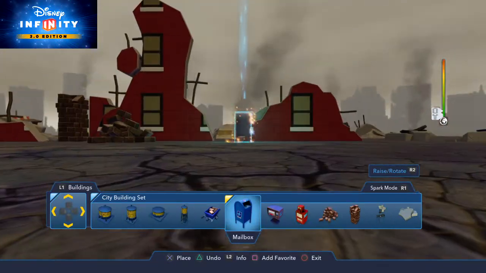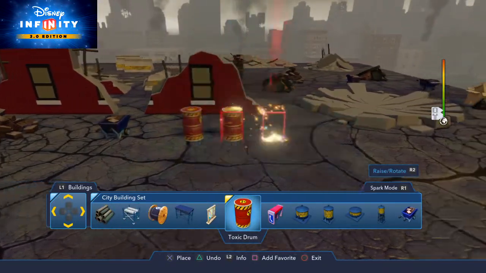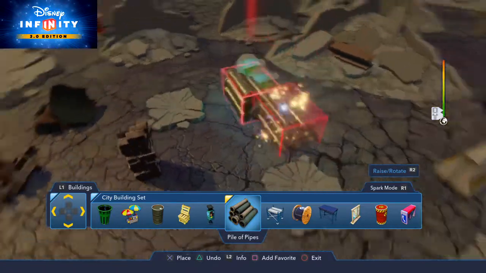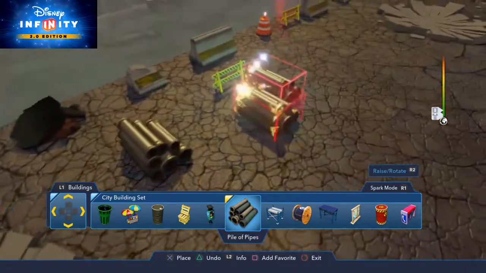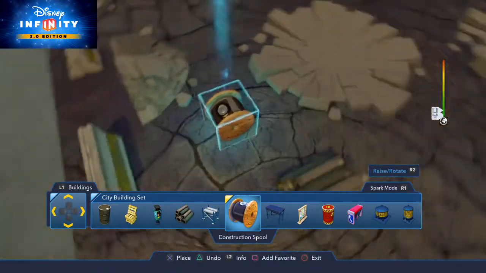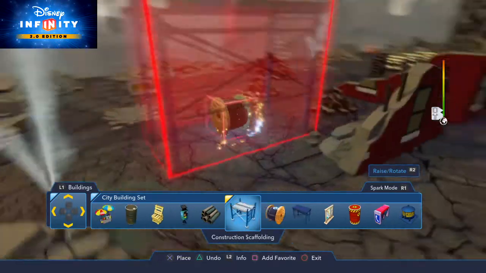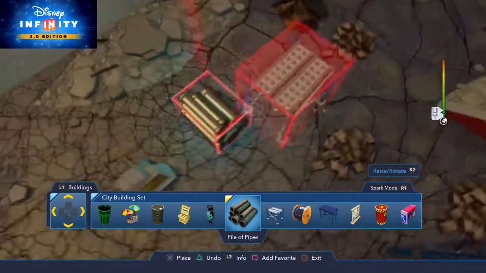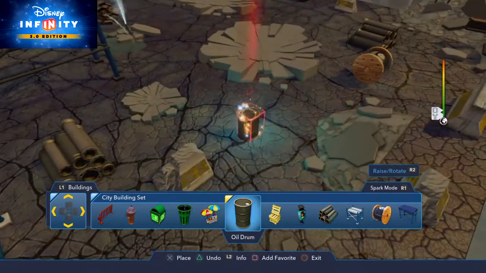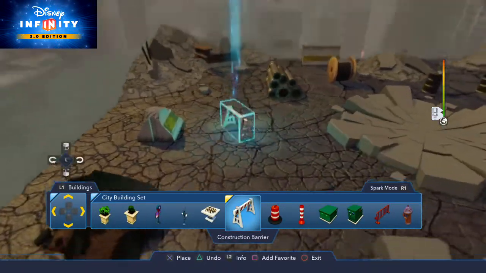I'm gonna add in another wheelbarrow, and then a toxic drum right here. Then I'm gonna add in another pile of pipes. Then some more of these. And now I'm gonna put that there, and I'm also gonna add in a construction spool and a building scaffolding right here. And then just a small one here. Then another pile of pipes. An oil drum, and let's see what else. Construction barrier,